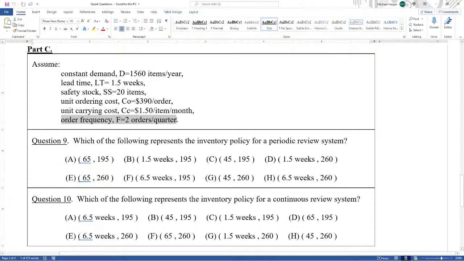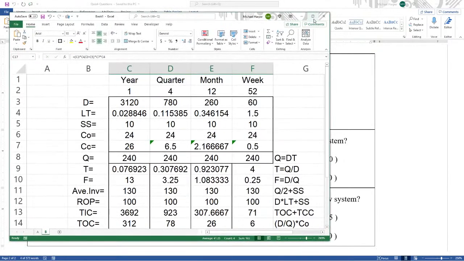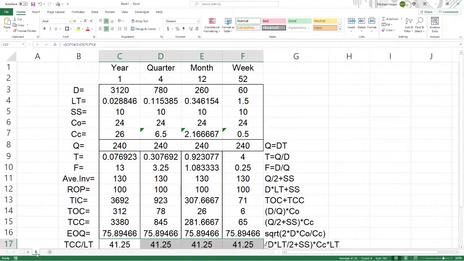The order frequency will give you your lot size, and then your ROP. So that's really all you need to do. Okay, so we have this table again. Why not do it again and see if we can copy this over and this time rename this to C,